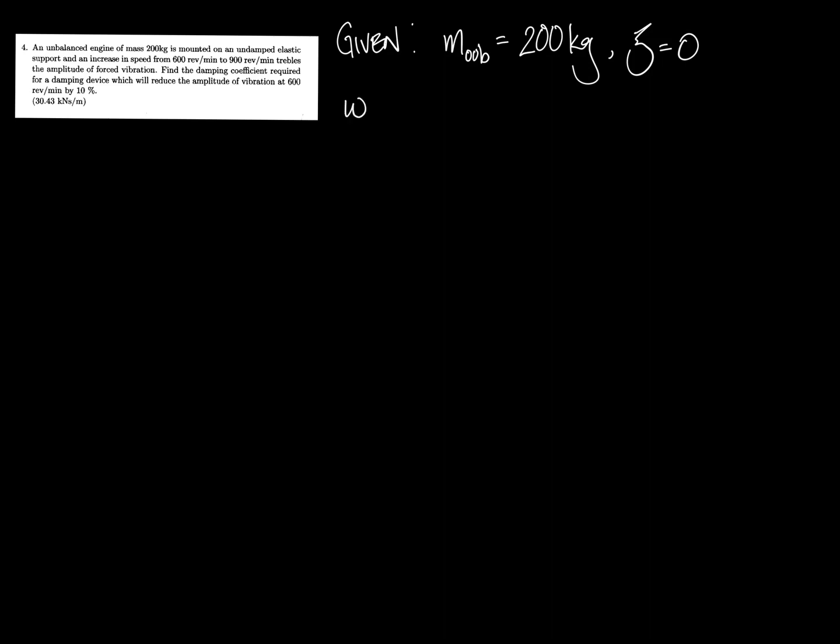So rpm, to convert it to radians per second, omega 1 for 600 rpm is 600 times 2 pi over 60, and we can convert it to radians per second. Likewise, omega 2 will be 900